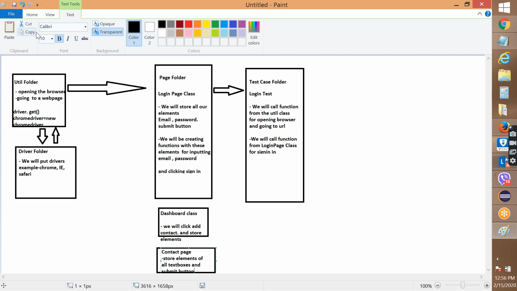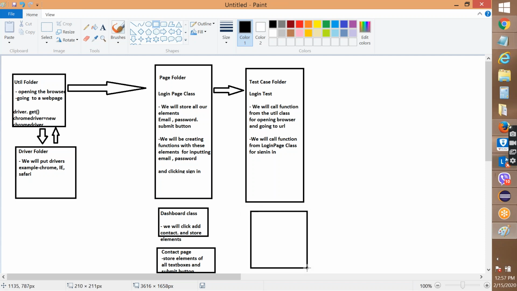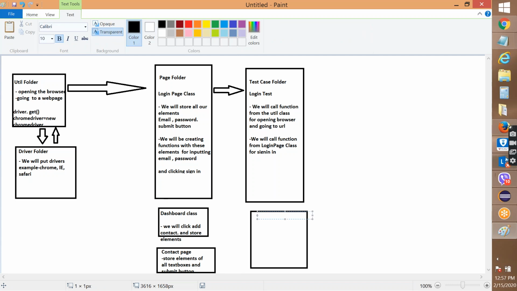Okay, and after that, on the test case folder, so contact test,